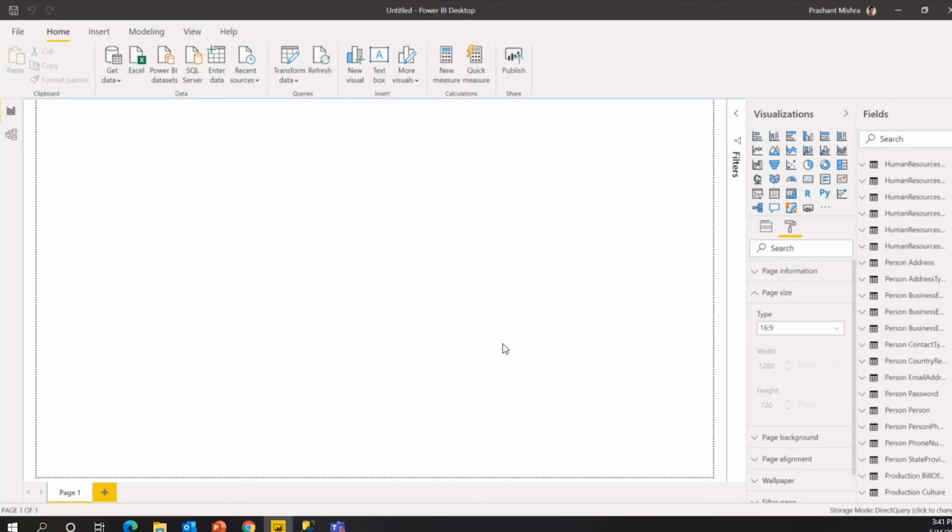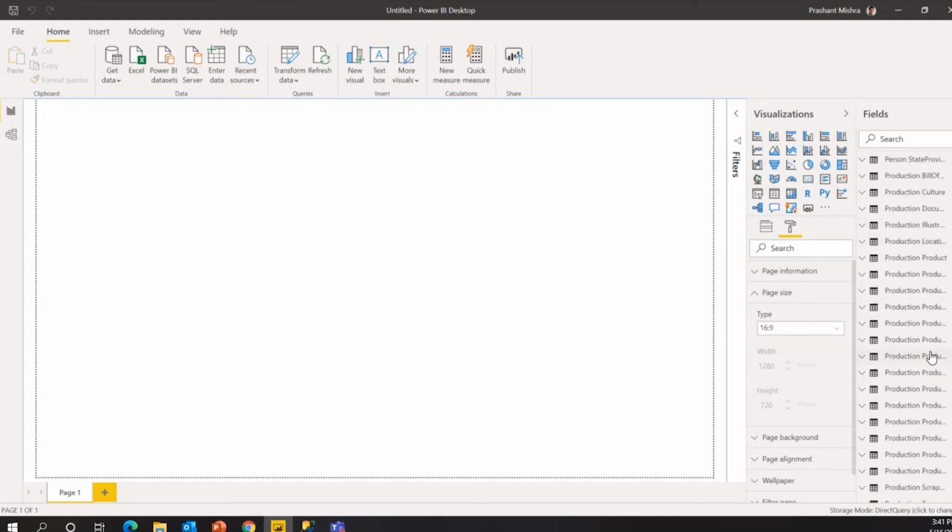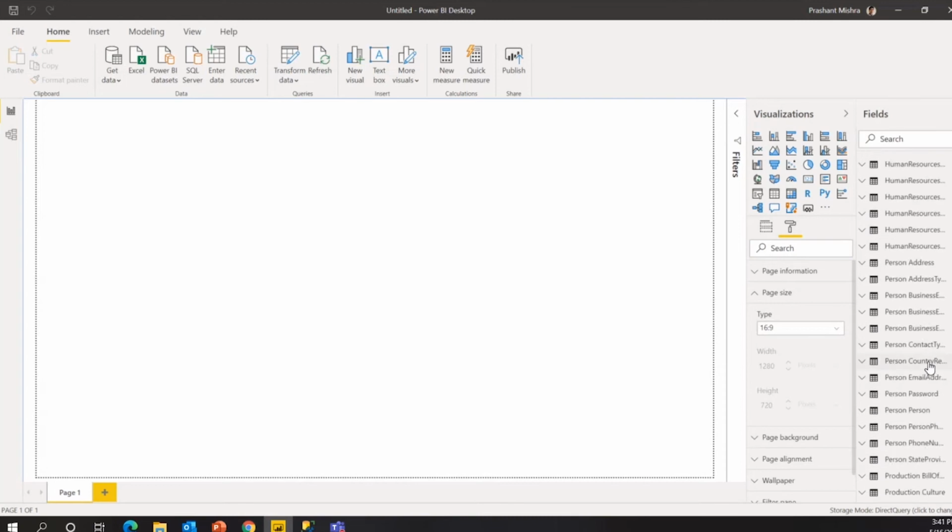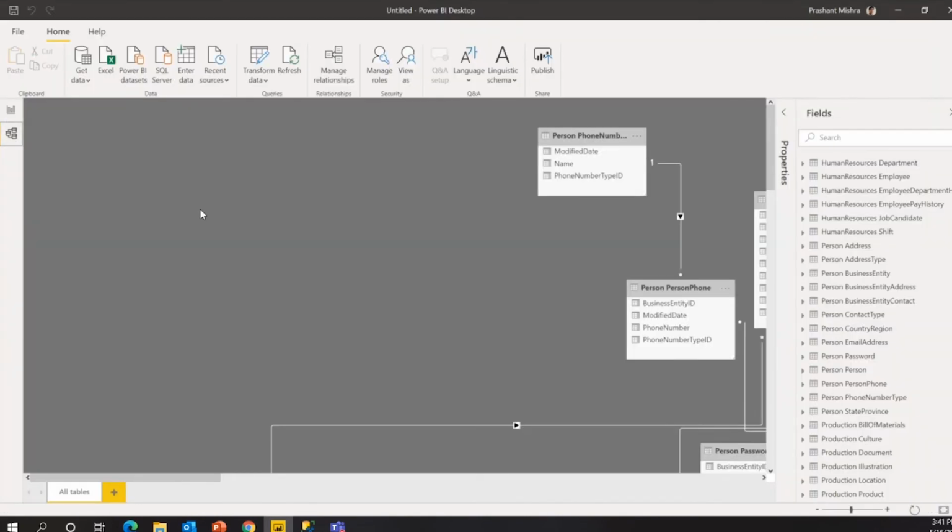And it is done. You have to understand this: because I went with direct connection mode, it got connected very fast. If I had tried import mode, it would have taken at least maybe 15-20 minutes to bring all that data into the Power BI cache memory. So now we have all the data available here.